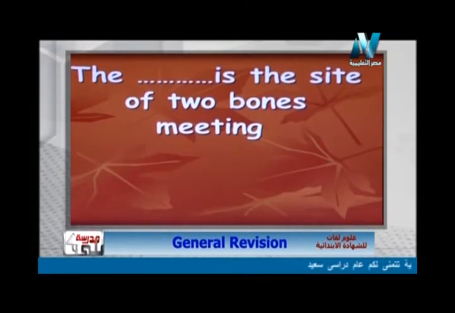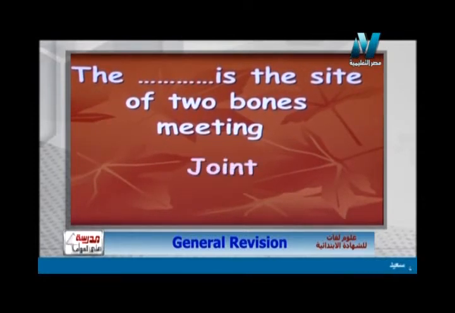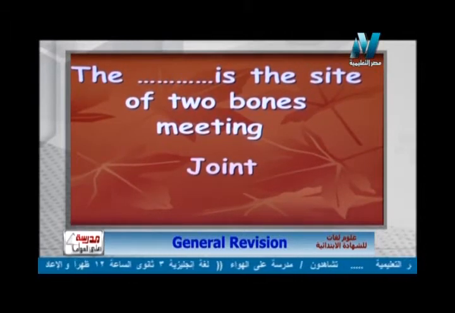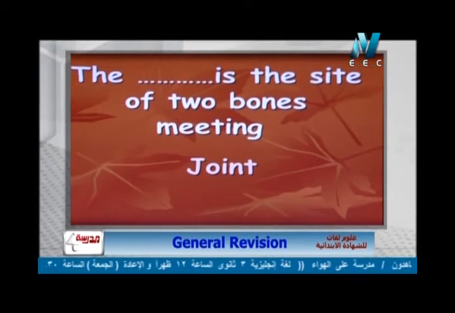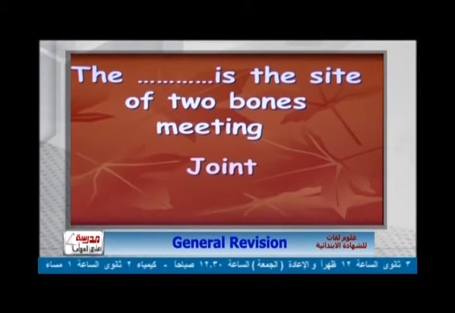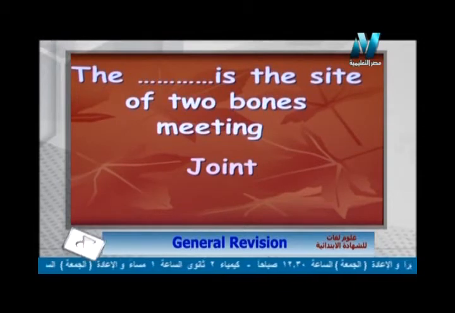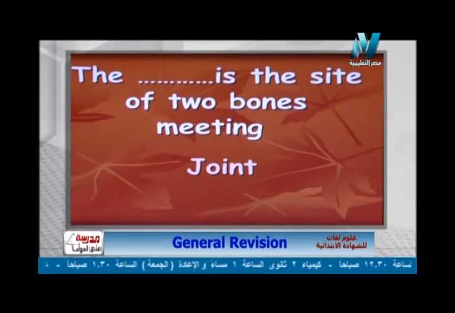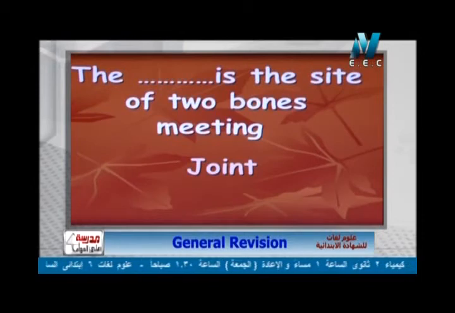Surely it will be the joint, أو المفصل. And also we have studied that joint has three types. الجوينت فيها ثلاث أنواع. Number one is the immovable joint, مفصل غير متحرك, such as the skull joint. فيش غير example واحد بس في جسمنا هو مفاصل الجمجمة لأنها خلاص التحمت بقت joined دلوقتي متصلة. Number two, slightly movable joint, مفصل محدود الحركة, that moves in one direction only such as the knee joint and